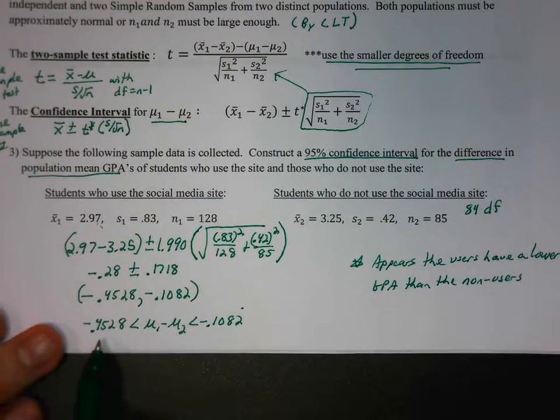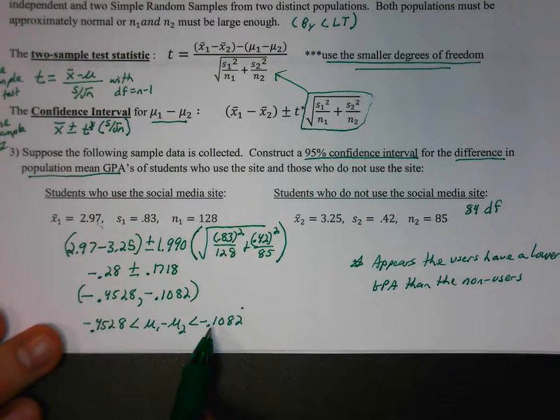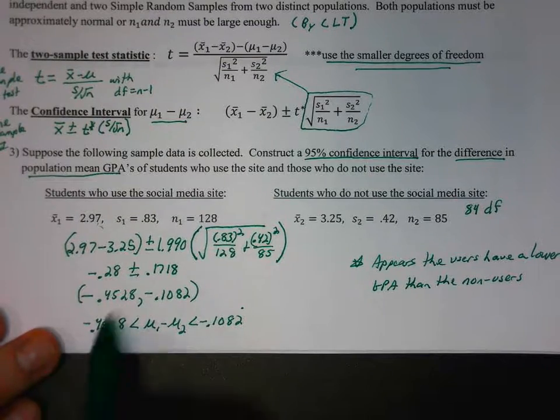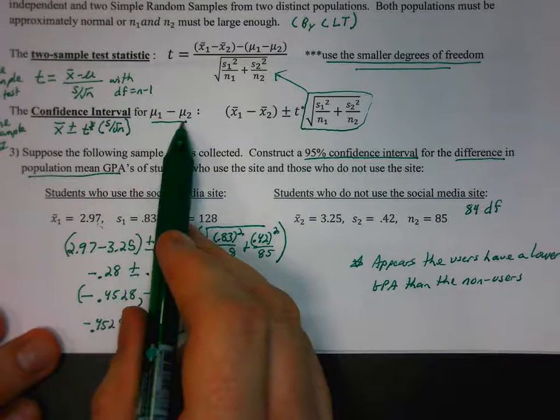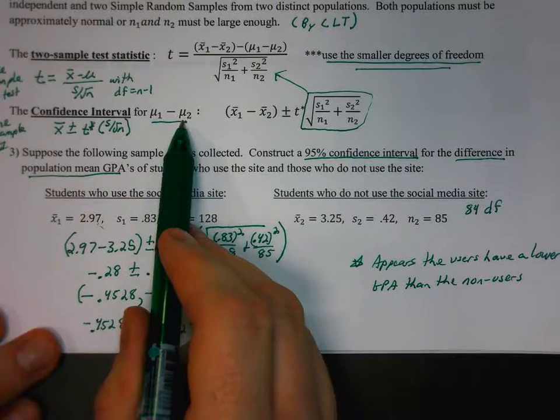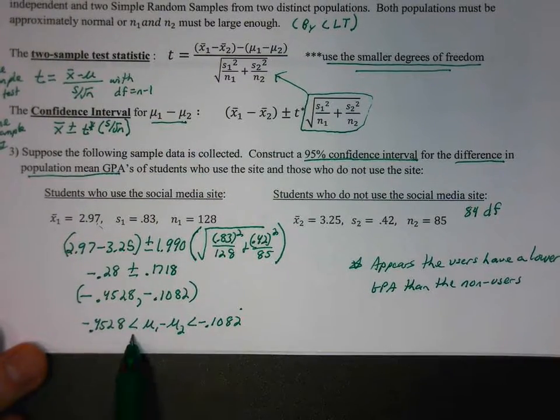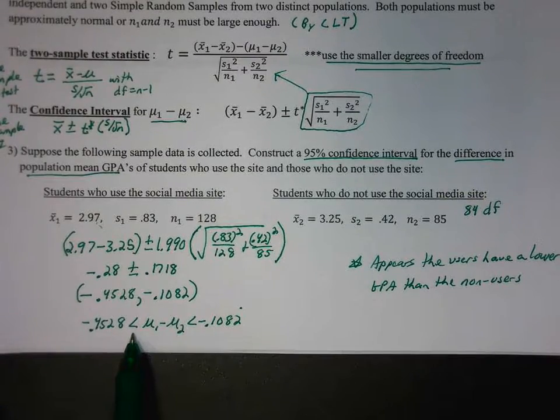Again, it's because both of these are negative, and saying that 0 is not in this interval. Again, if 0 was in the interval, then that could indicate that the mean difference, mu1 minus mu2, could have been 0, which means that there would have been no difference. Okay, but the fact that they're both negative tells us that it appears that they're